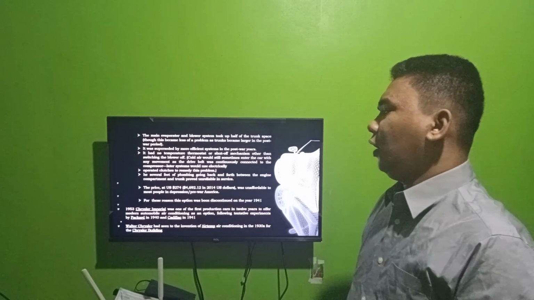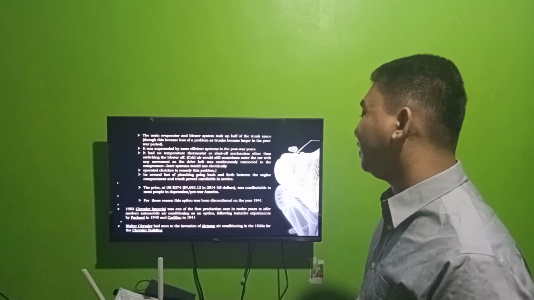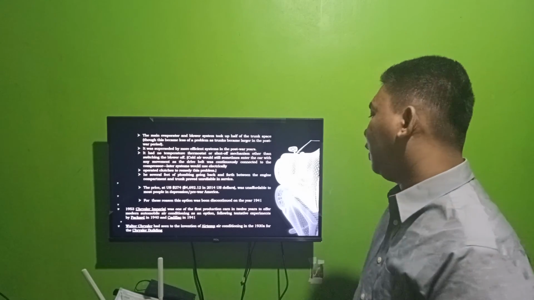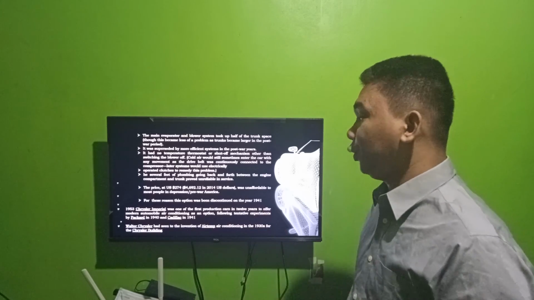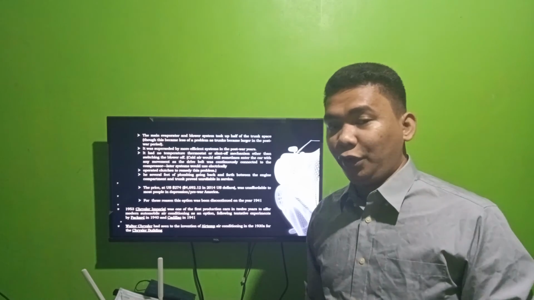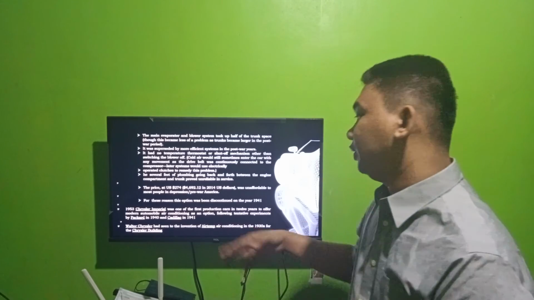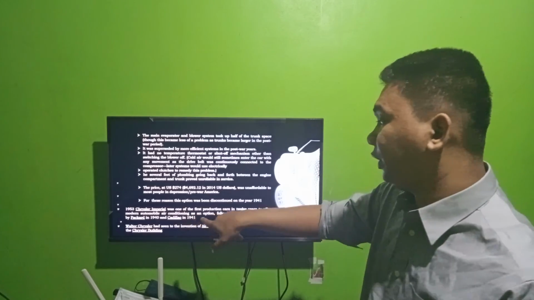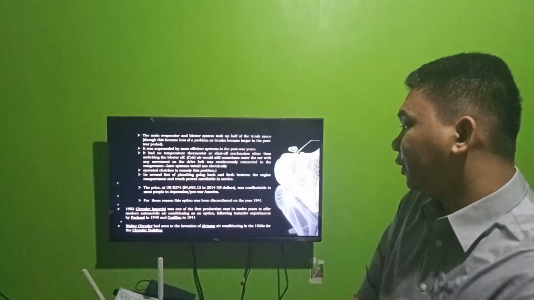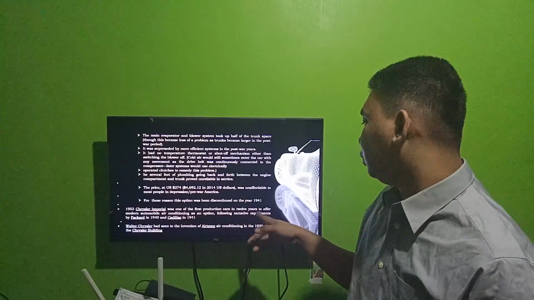Installation of air conditioning on automobiles was discontinued in 1941. Again, discontinued, not obsolete. When something is obsolete, it is no longer produced. This was just discontinued. Then in 1953, the Chrysler Imperial was one of the first production cars in 12 years to offer